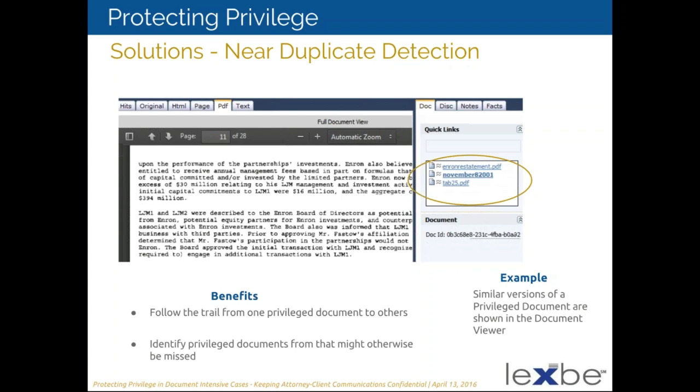The advantage of this is to pick up ones where one might have found many versions of a privileged document, but not all of them. So one or more of them get out, even though a lot of them were retained. And this happens all the time, as we hear.